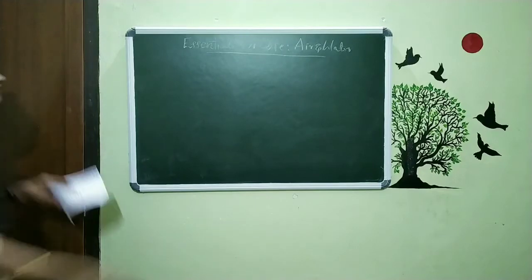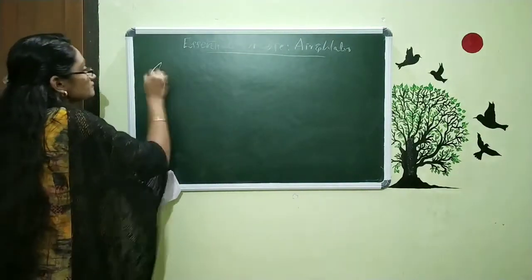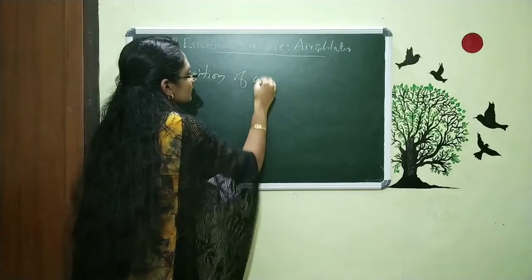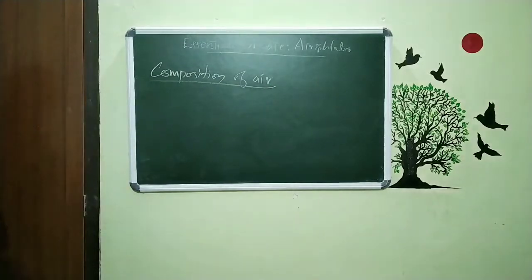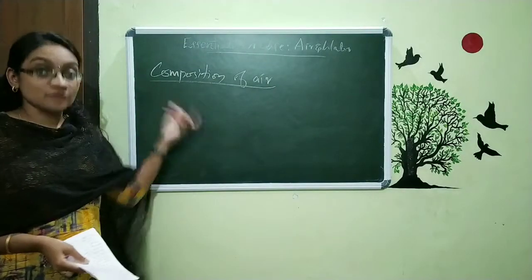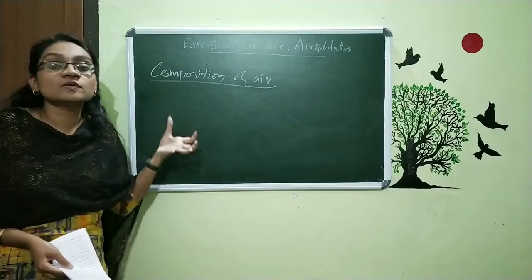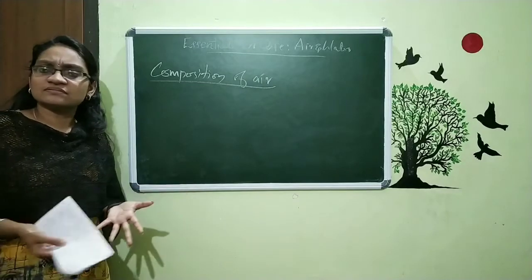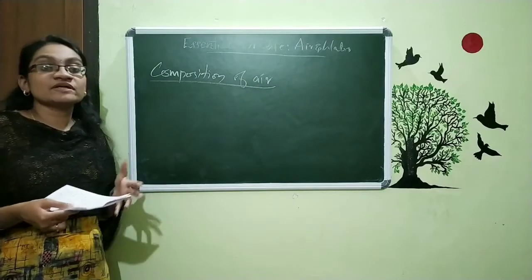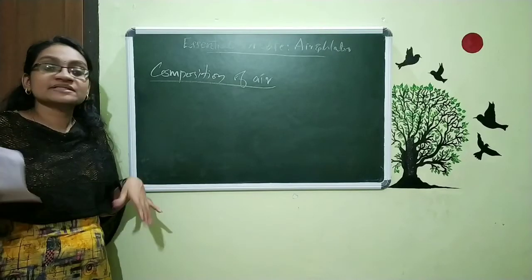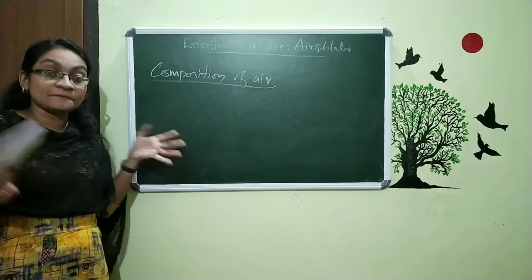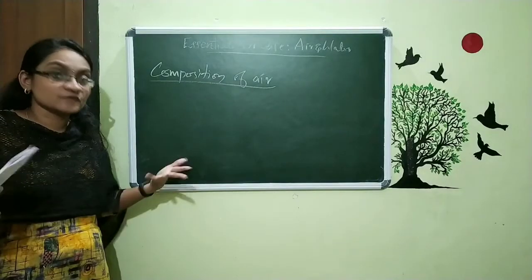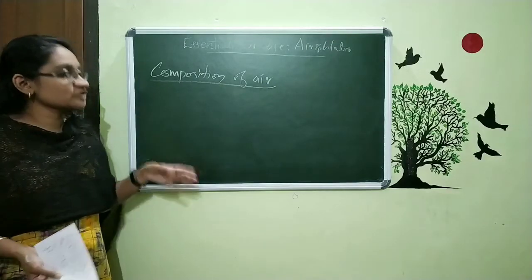So that's about this. Next is the composition of air. That means within this topic we are discussing what is included in air. So the first question is this, is air a single thing? When we studied soil, we studied that it contains different types of layers and different particles. In a similar way, does air have different types of components? That we are going to discuss in this region.